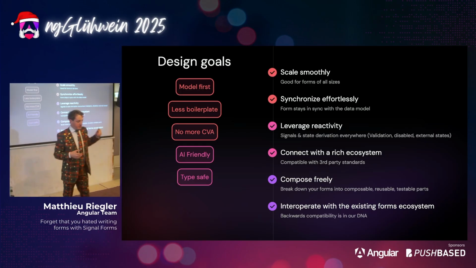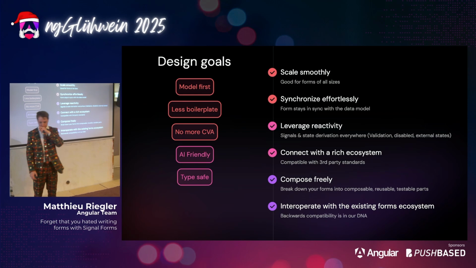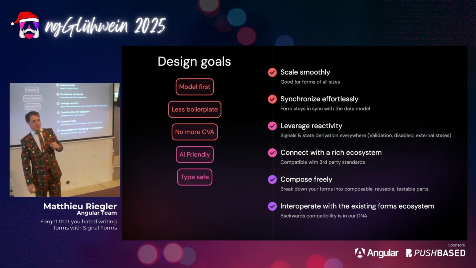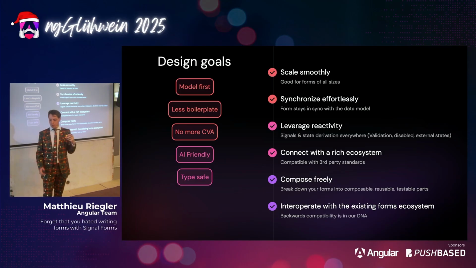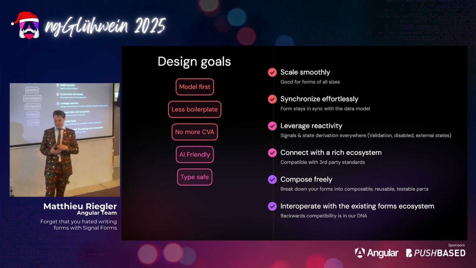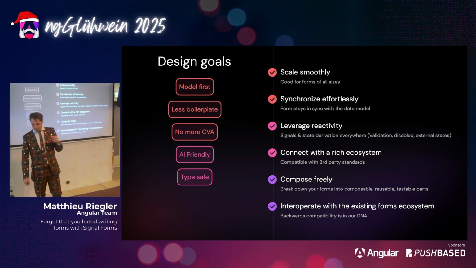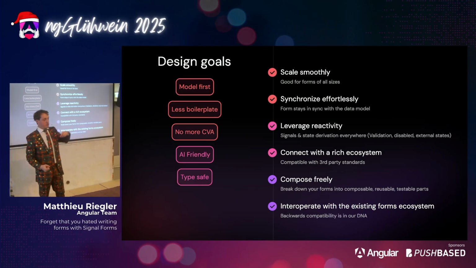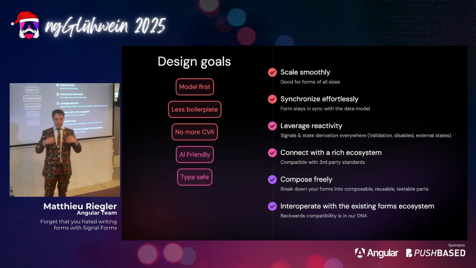Now, let me present a bit of the API, how it looks. Like I said, we are model driven. We start with our signal. The signal just gives you your data, for example, a small feedback form where you have a name, an email, and some feedback text. With this, imagine it in a component, and then you just pass that signal into a function called form, and you create